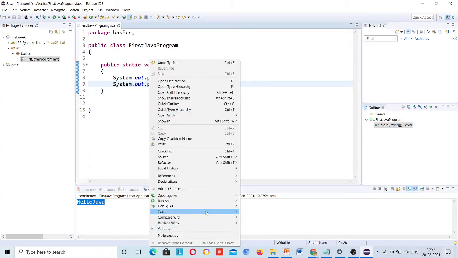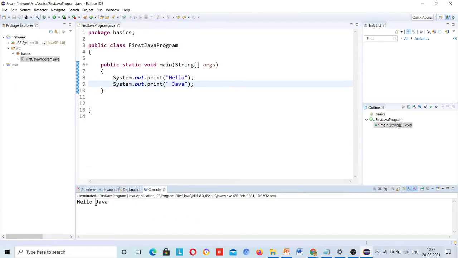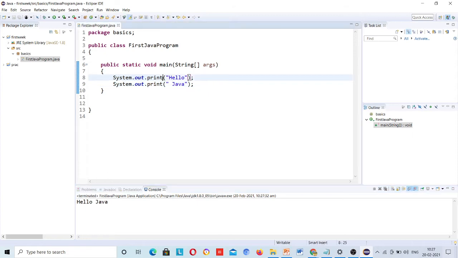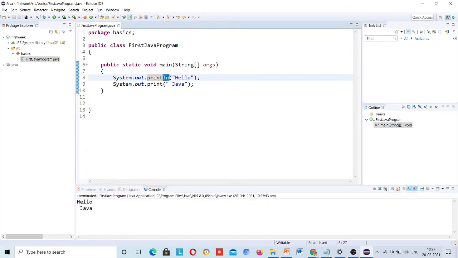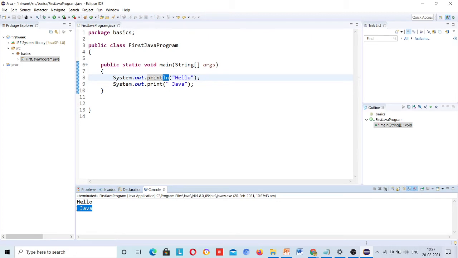Right click and run this, you can see hello Java. But if I use ln over here, then you can see hello and then a line break, because ln is responsible for the line break, and then Java is here. But here I gave a space.